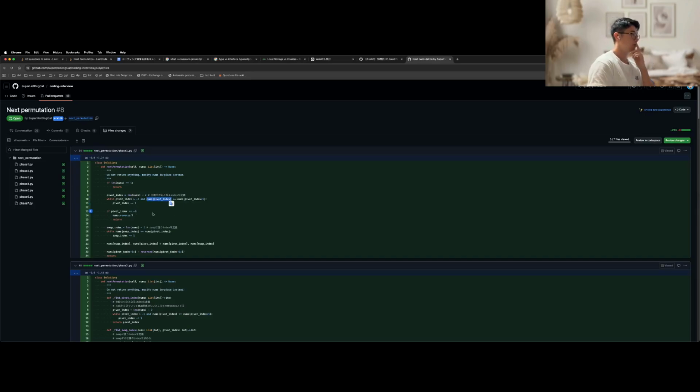And if after all you get -1, then you want to reverse everything. Are you sure? I'm not sure about that. Yeah, if it reaches the end, I mean, if it goes past the end, it means everything is larger than the right part. So it is